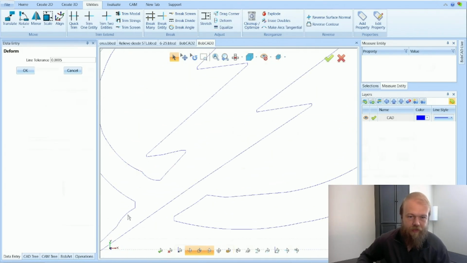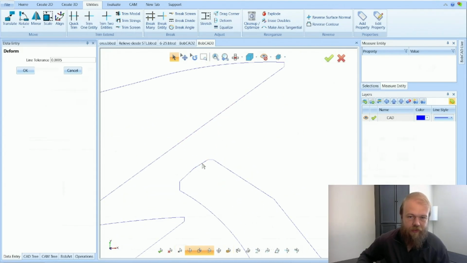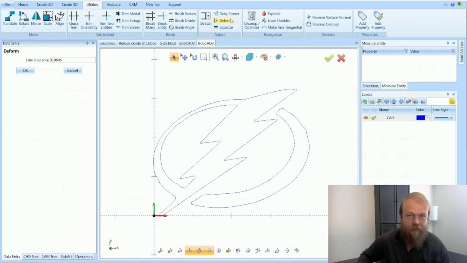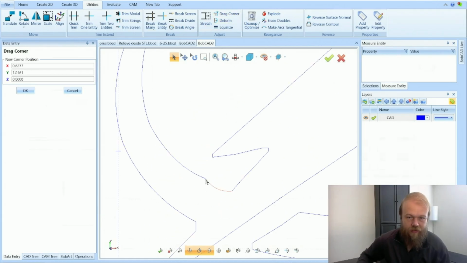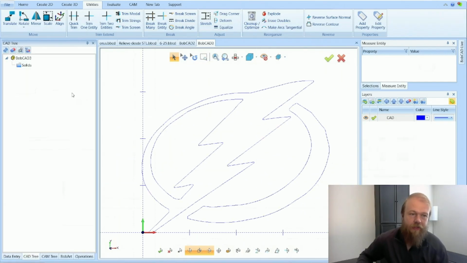It depends on the tolerance level of the machine too, to even see if there's any issues that we'd be seeing here, or if this is just as good as the tolerance level of the machine will get anyway, where you don't have to modify too much of it. But once you have the drawing that you are working with, you can go to BobART, and then